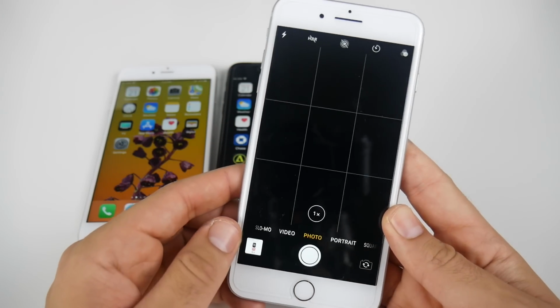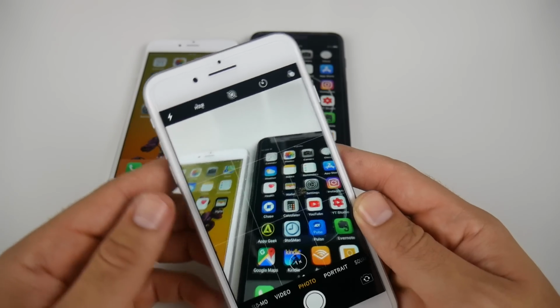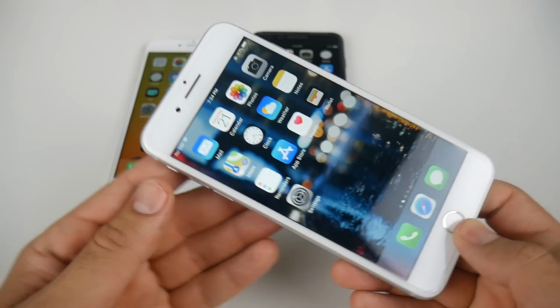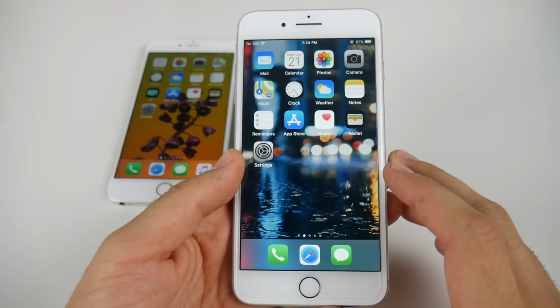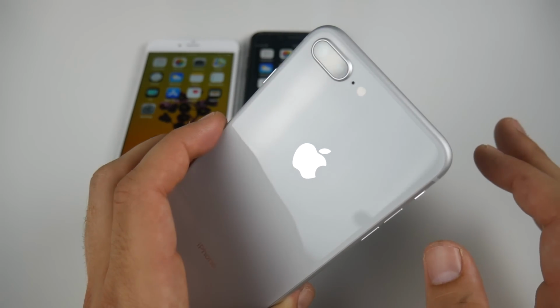Also, the camera on the iPhone 8 Plus does punch up the saturation and looks a little bit closer, I would say, to Samsung photos, but still maintaining that nicely calibrated look that we like from our iPhone photos. So overall, I think this might be the best camera on any smartphone on the market right now. Well, at least until I test the Google Pixel 2, maybe the Huawei Mate 10. But in terms of iPhone, Samsung versus those two, I think this actually has an edge over the S8 and the Note 8,